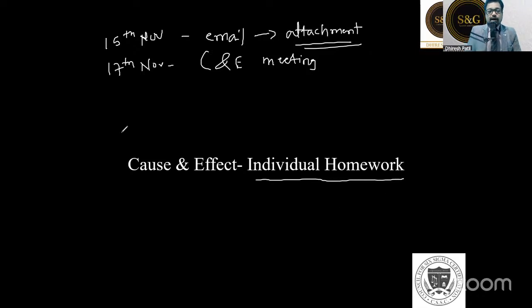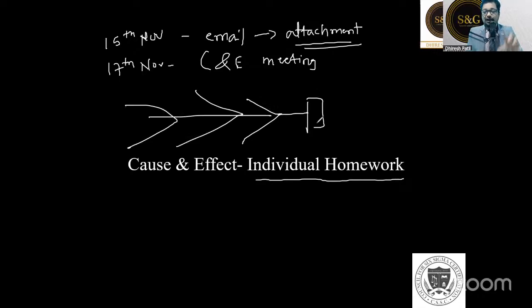So you can make a big fishbone on the board, like I have just made just now. Okay. And give them the sticky note and let them write their causes and paste them over there, and let somebody copy them or paste them in the big fishbone. You can consolidate them. Common causes can be eliminated, only one cause can be taken, and then you can make a complete fishbone. And let them actually discuss this point. And this is actual brainstorm.